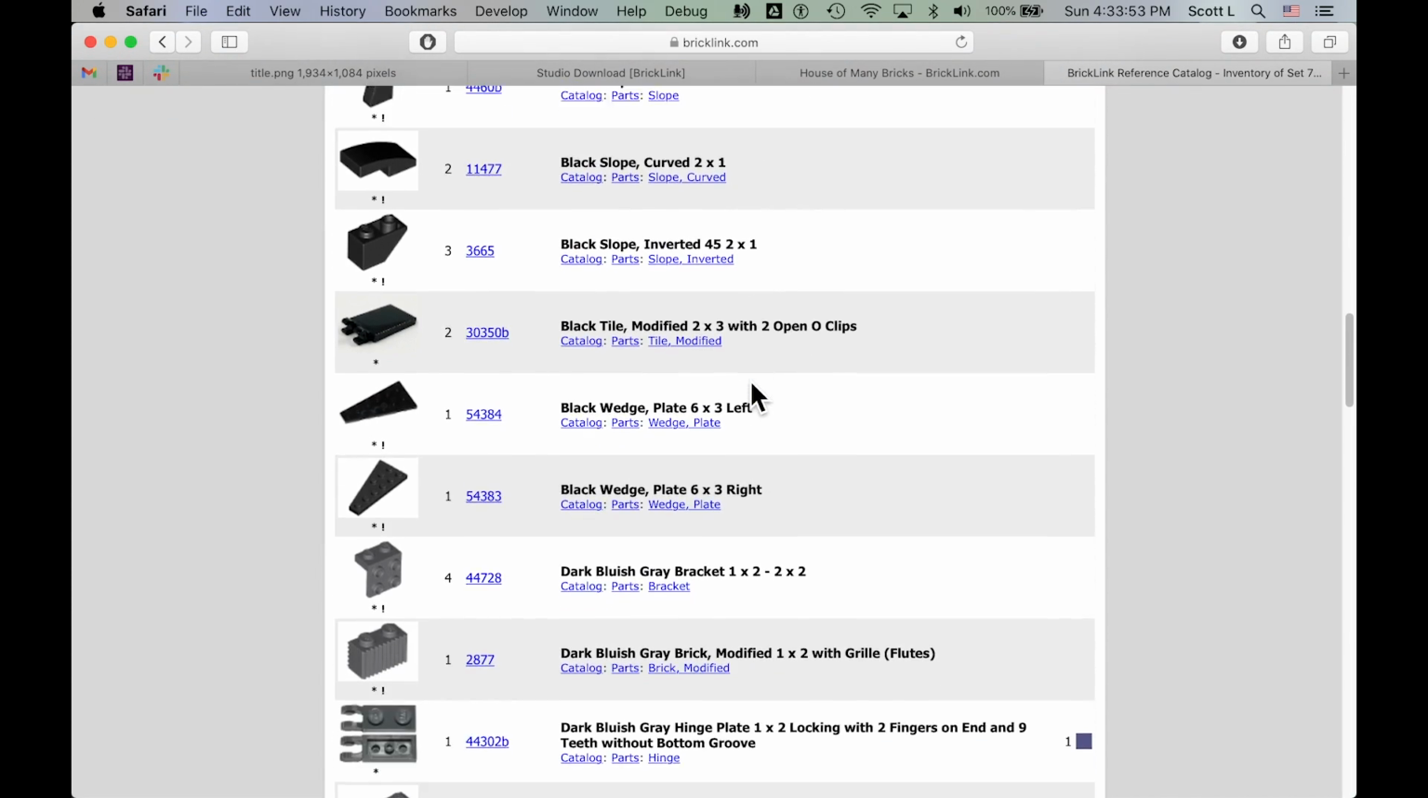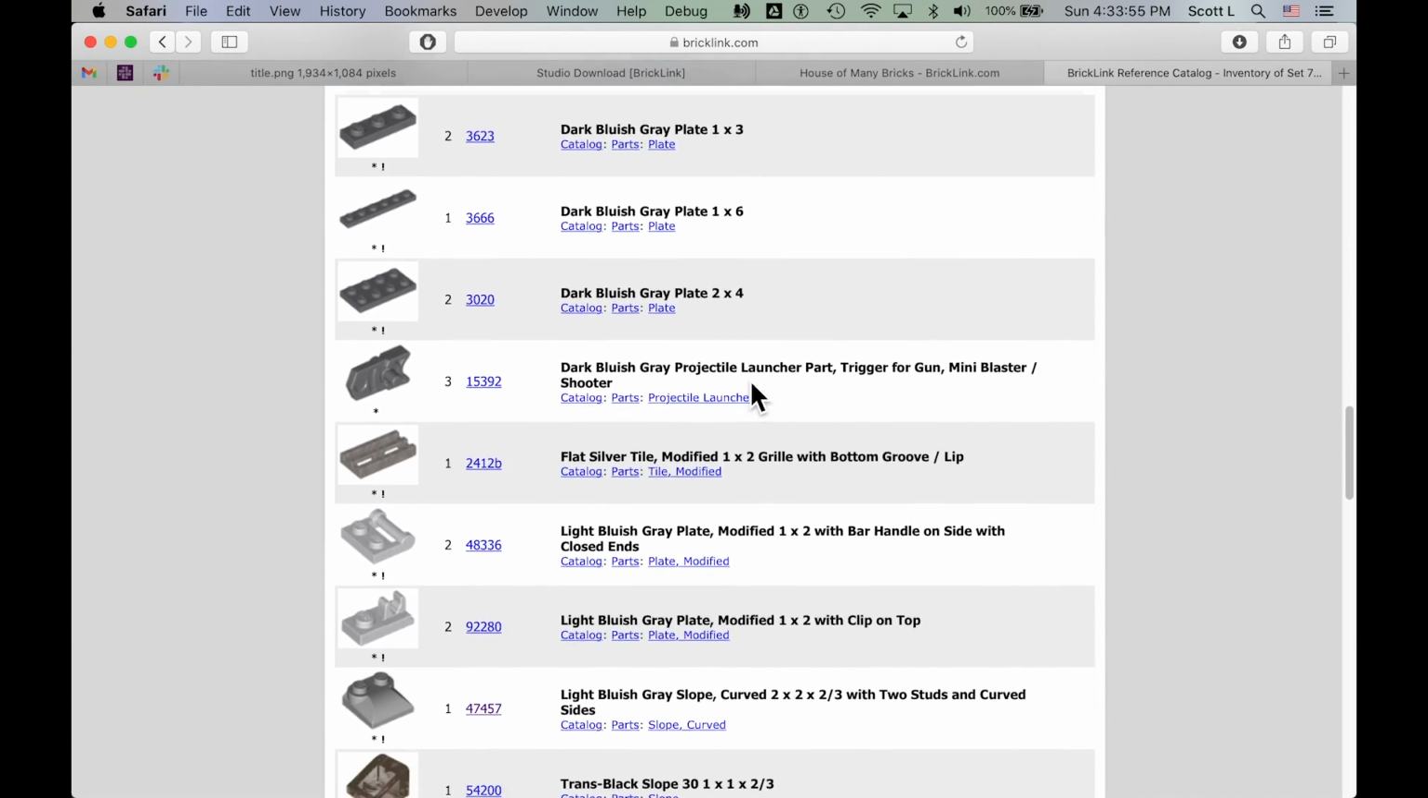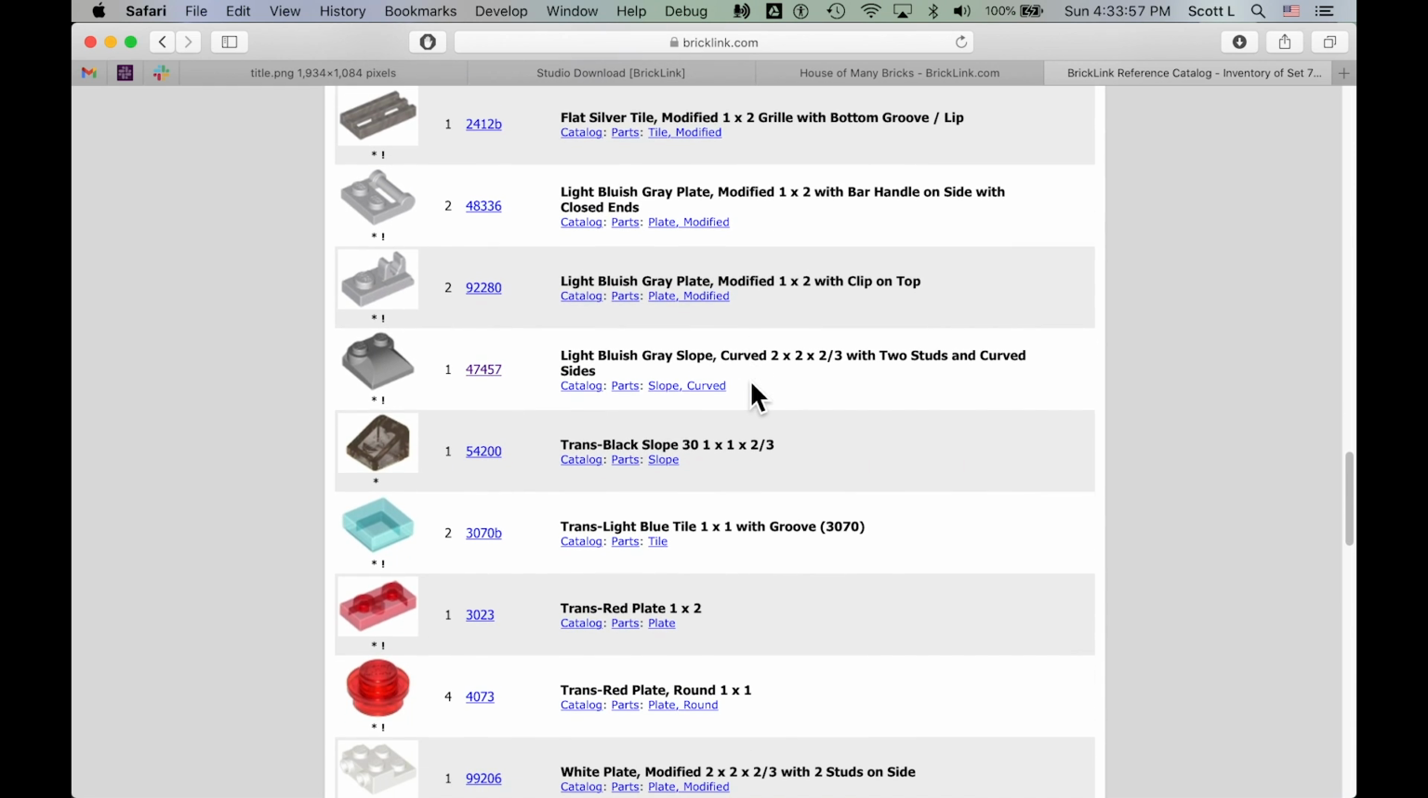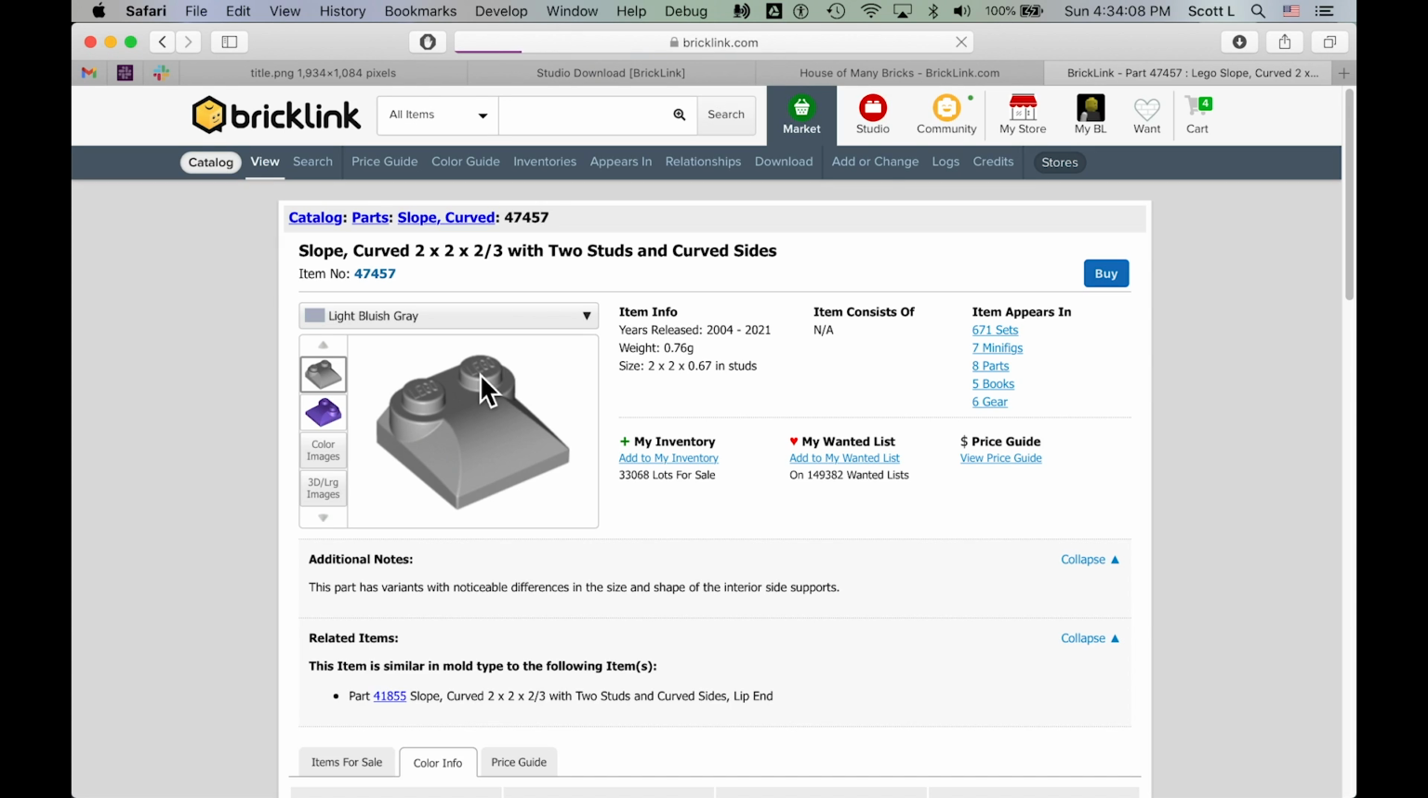I don't know how many times I've done this, but yeah, here, look, I'm just scrolling through. Hey, there it is. Light bluish gray slope curved, 2x2 by 2/3 with 2 studs and curved sides. Of course, it just rolls off the tongue. There's no reason why I wouldn't know that. But that's the piece I want. Yeah, a little slopey thing. Okay, so